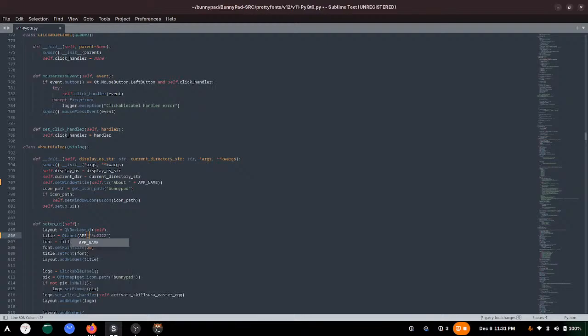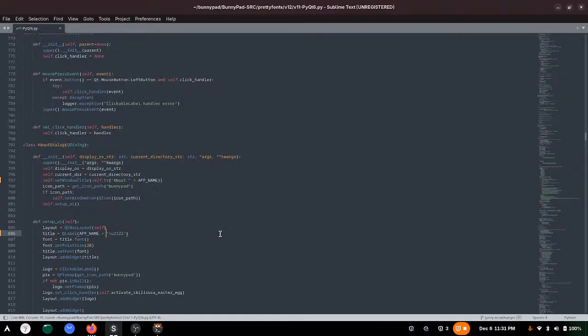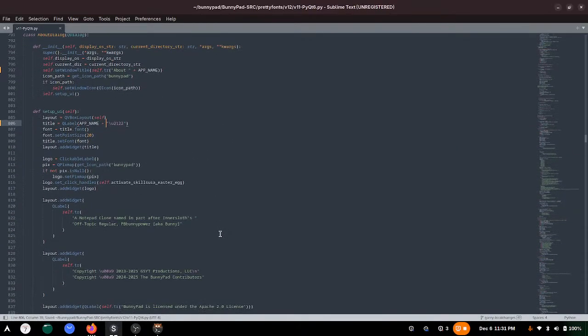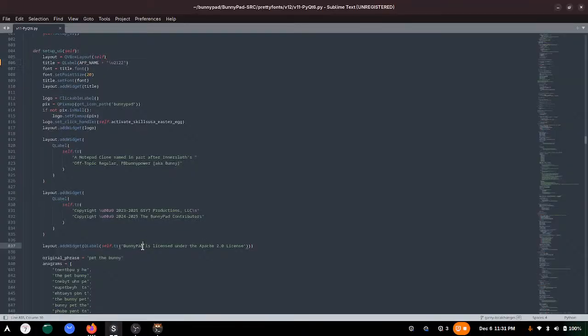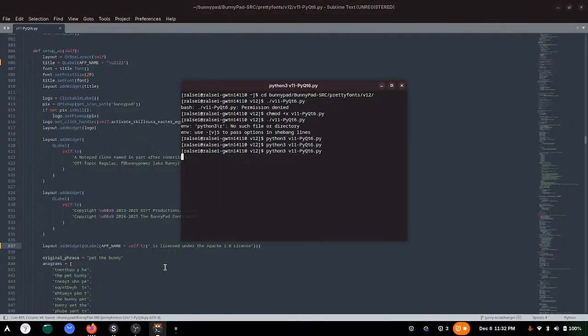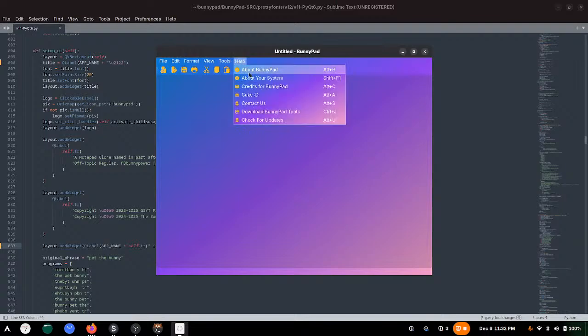App underscore name plus the trademark. Right, so let's